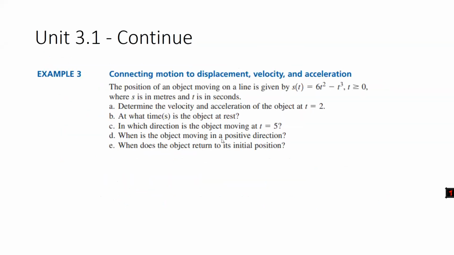So, question B. At what time is the object at rest? What do we know about resting? It means we're not moving anywhere. Velocity is 0. Great. So let's say the object would be at rest when the function of velocity by time would equal 0, right? Now we just need to write down the function of velocity,